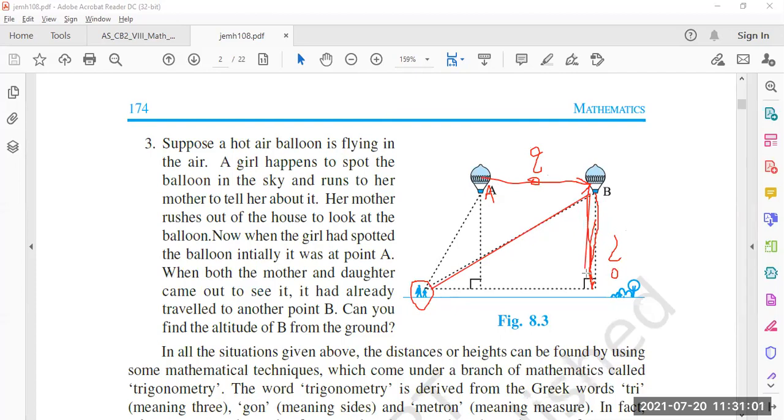Because here also we see a right angle triangle getting formed. A right angle triangle is forming here as well. In both situations, when she watched the balloon alone, and when she watched the balloon together with her mother, the questions that we come across are: can we find the height, or can we find the distance, or can we find the actual distance? These are the questions that get framed. To solve such questions, the mathematical tricks, techniques and formulas that we use in such situations all come under a particular branch of study, and we call that branch of study trigonometry.